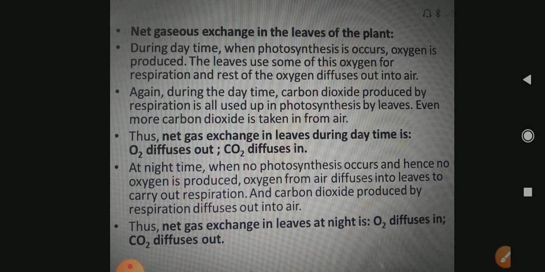As a result of respiration, carbon dioxide is produced, but that carbon dioxide is also used up in photosynthesis by the leaf. Even that carbon dioxide which is forming inside the plant is less than needed for photosynthesis, and